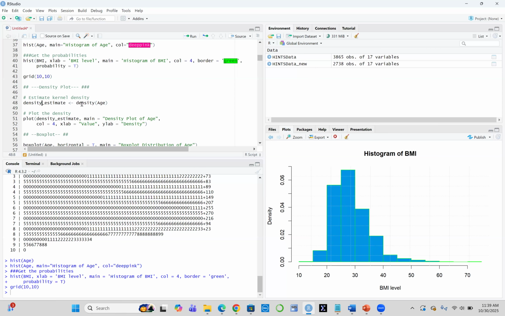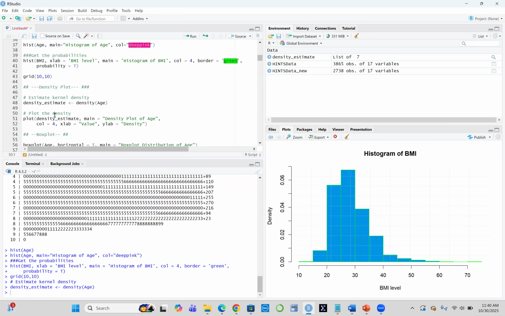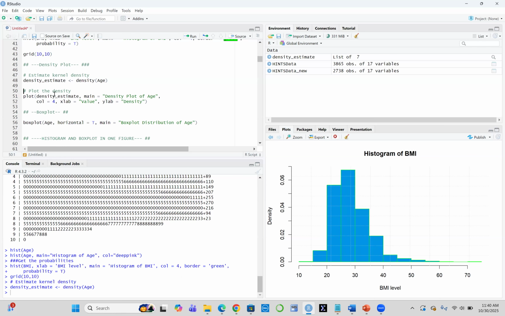Anyway, now let us look at getting the density plot. So to obtain a density plot, we have to create our density values, okay? So we use what is called the density function, and then we are assigning it to density estimate, okay? So that density function allows us to get the density values or the estimates of the densities for age, and then now we run it. So now this time, we are no more going to use age, we are going to use the density estimate we created for age within the plot, okay? So we say plot density estimate for age,